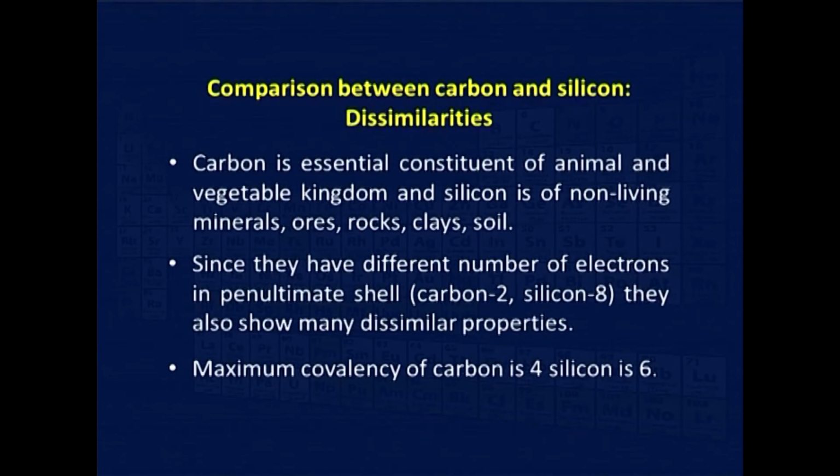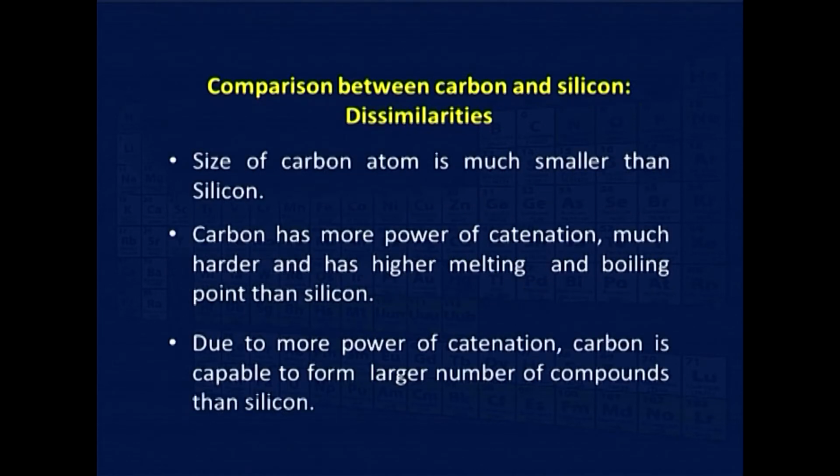So, it makes certain properties differ from each other. The maximum covalency of carbon is 4 and silicon is 6. The size of carbon atom is much smaller than silicon. Carbon has much more power of catenation, it is much harder and has high melting and boiling point as compared